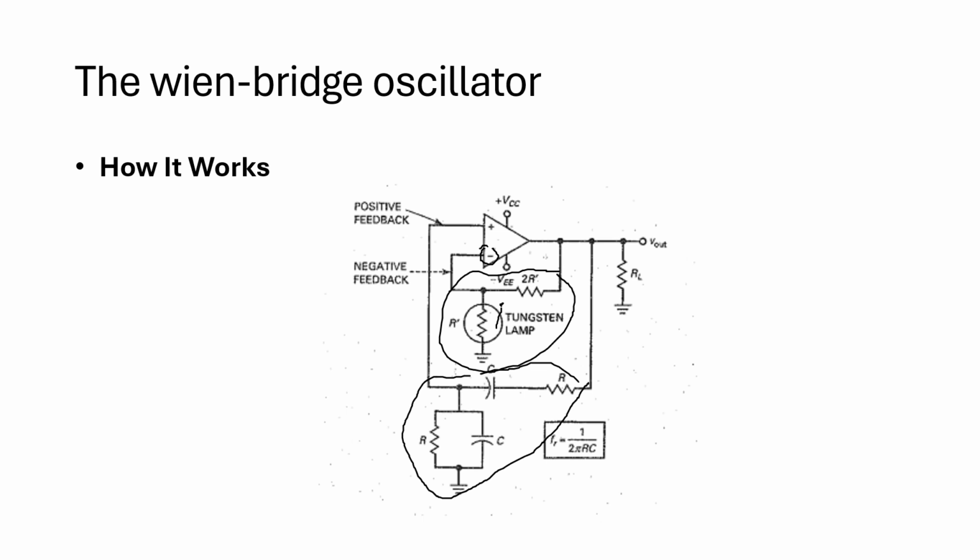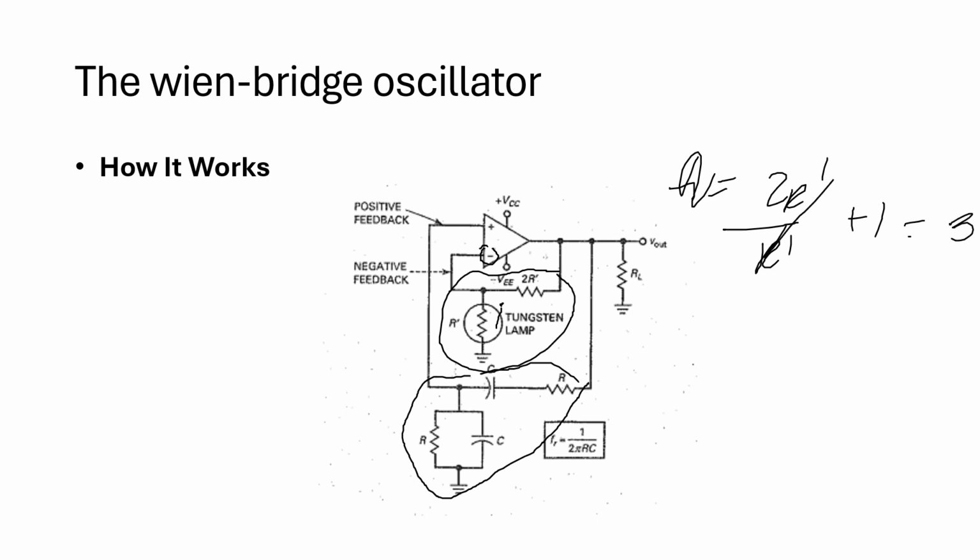So what is our formula for positive feedback, or for a non-inverting amplifier? Our formula there is equivalent to 2R prime all over R prime, plus 1. So this is our formula for a non-inverting amplifier, for an operational amplifier. So this will be cancelled out, so we have 2 plus 1. So we have 3 here.